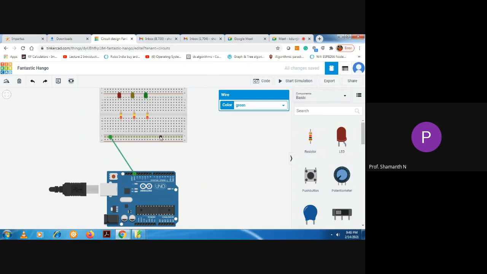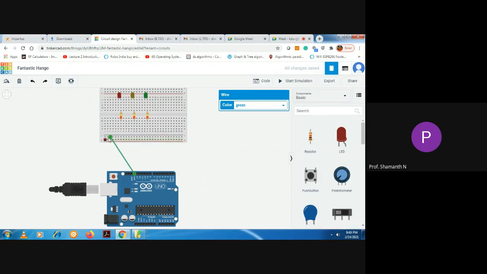Why am I doing it like this? Because I have only one ground pin and there are three LEDs. I can't connect all three cathode pins of the three LEDs to the ground pin. That's the reason I'm creating a common ground in this breadboard.